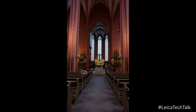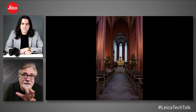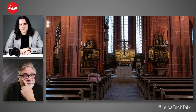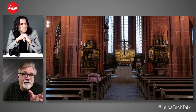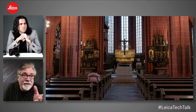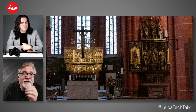To me, the overall color and the feel, now granted, this platform is not going to do the image justice, right? But if we go in and do a really severe crop, we're still seeing, let's call it, digital grain and not really digital noise. It has a real film feel to it. The color is still very good and very vivid. And if we go in and look even a little closer,